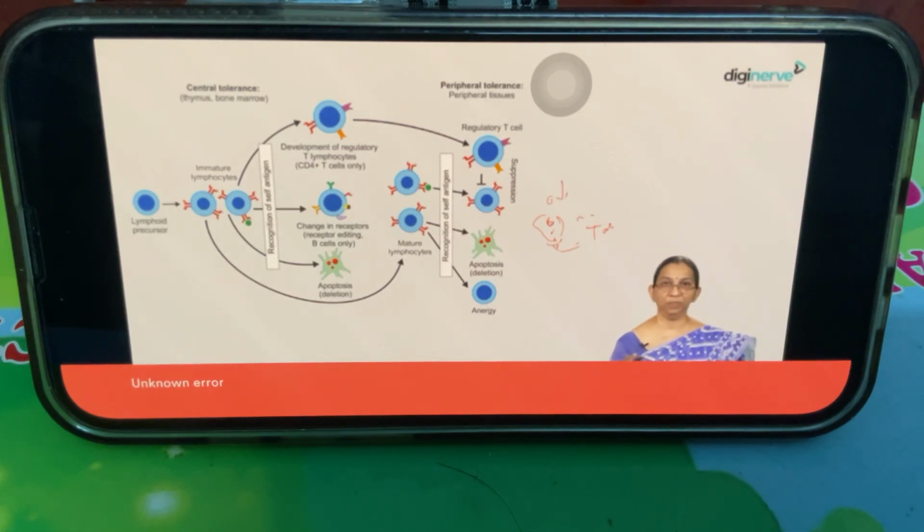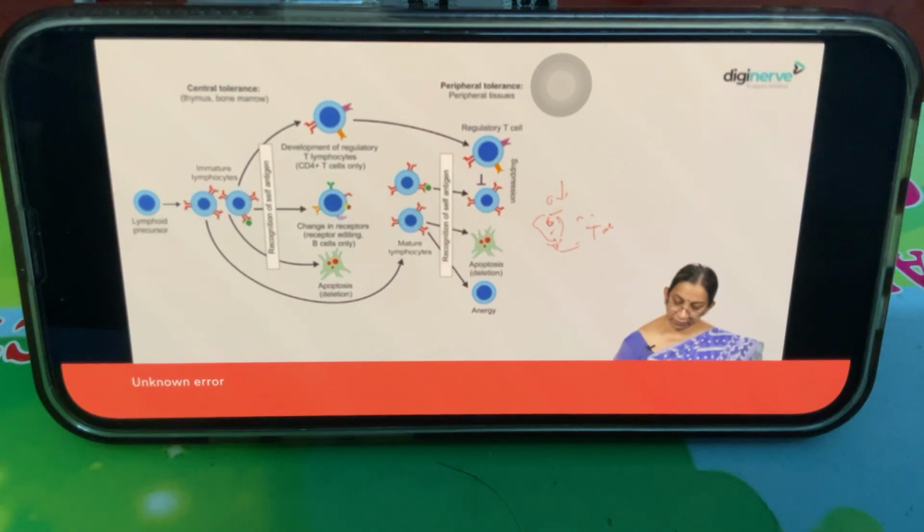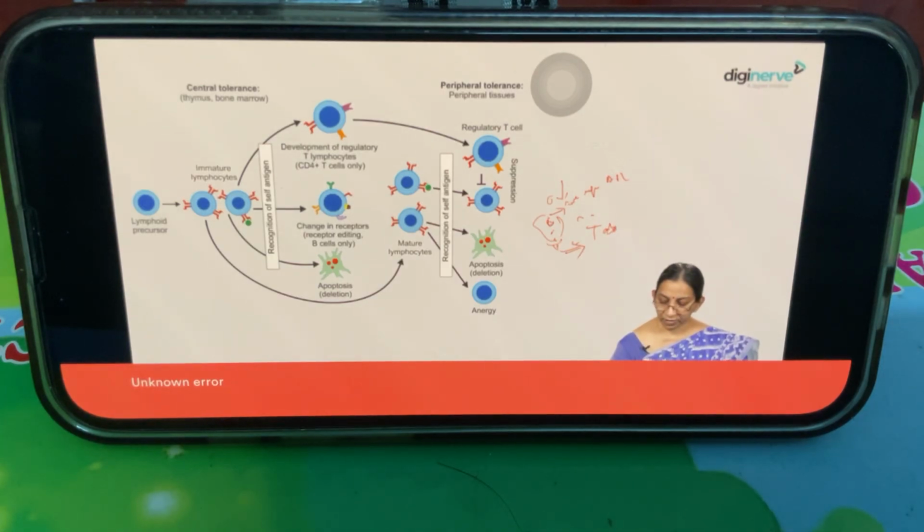either by the microbe or by the damaged tissue that will result in the formation of what is called a co-stimulatory receptor on the antigen presenting cells. Now, the antigen presenting cells, when they encounter the appropriate T cell, they bind. This is the first step in the activation of the T cell, but that is not enough for a complete activation. The second step involves a binding of the co-stimulatory receptors of the antigen presenting cell and the T cell.